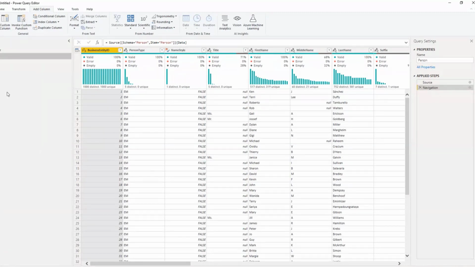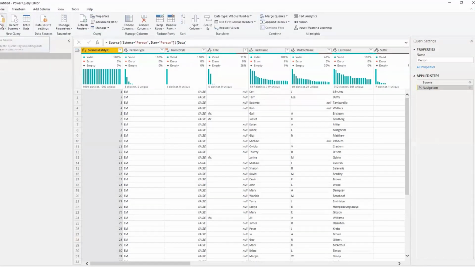So what it will do is it will not load the particular table into the Power BI itself. It will hide it and keep it only in the Power Query view, which is this view that we have been working along all this time. And now you have to get out of the Power Query view. For that, you go to the Home tab and click on Close and Apply.